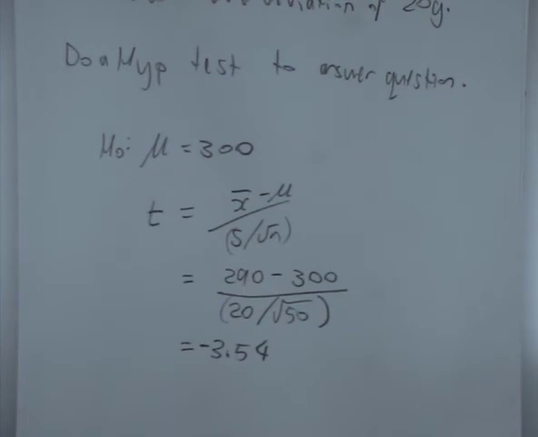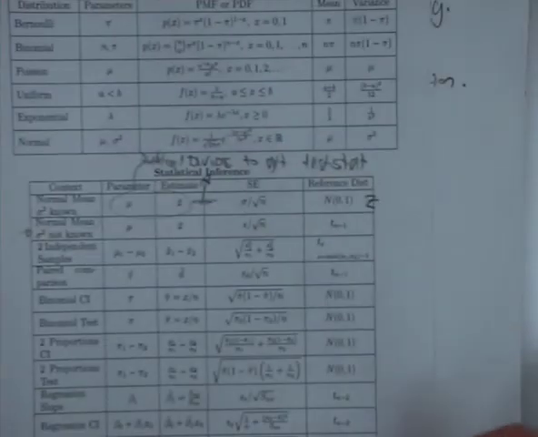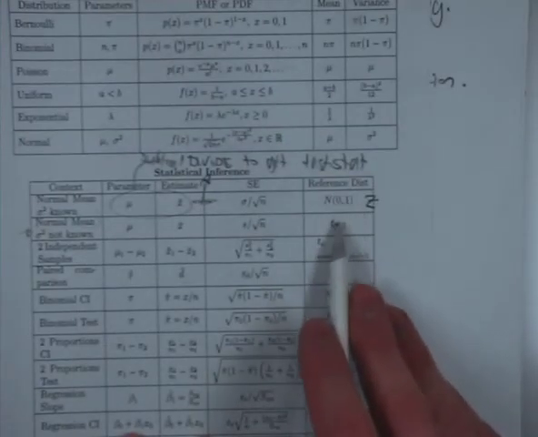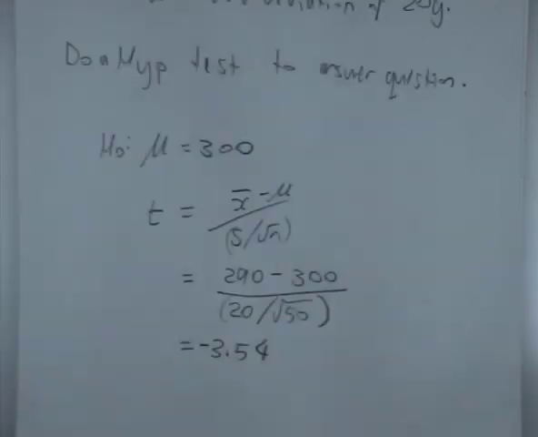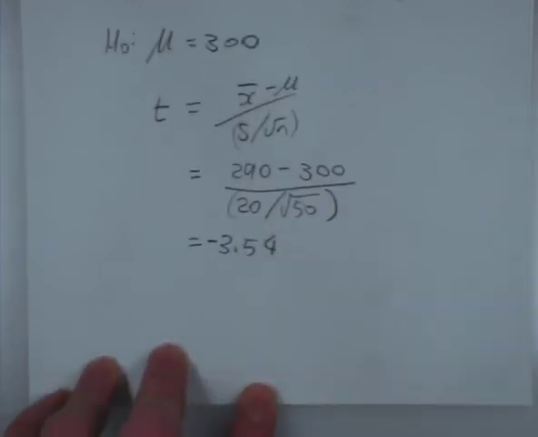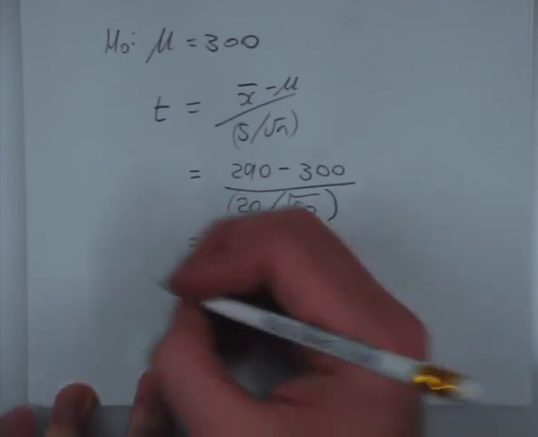And what I would do is I would look that up in the t distribution. So see how it says reference distribution here? And it's t n minus 1. So I will go to the n minus 1th t distribution and I will find out what it is. So I have a feeling that what you will do if you were typing it in MATLAB, you would actually go,